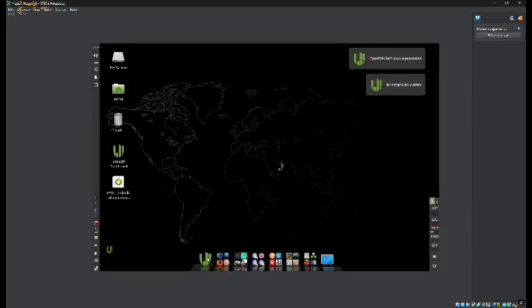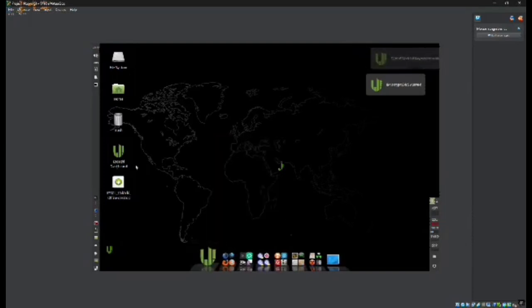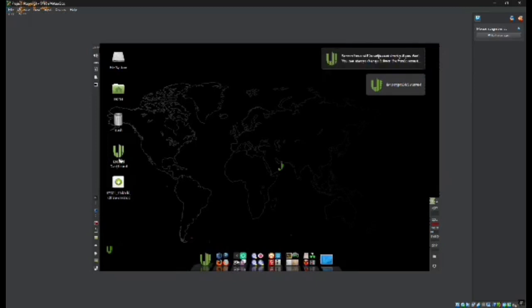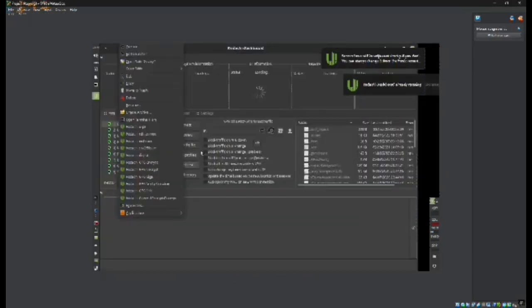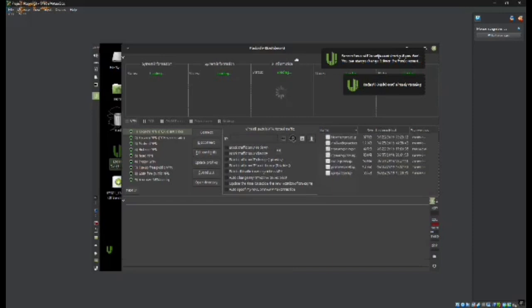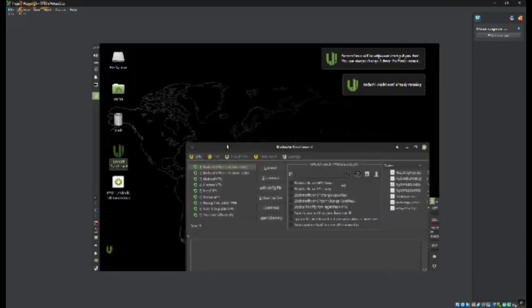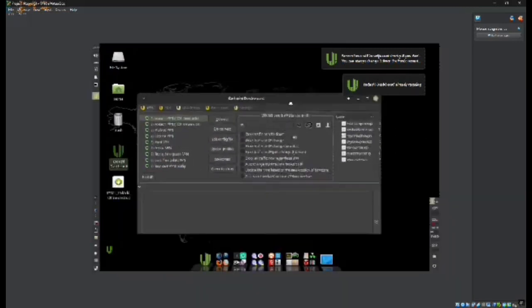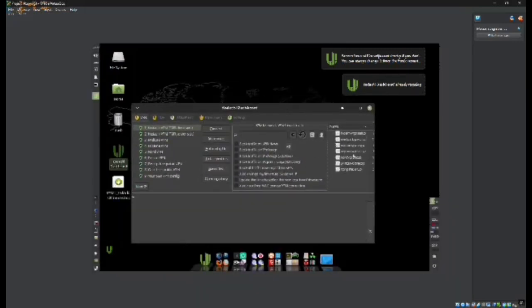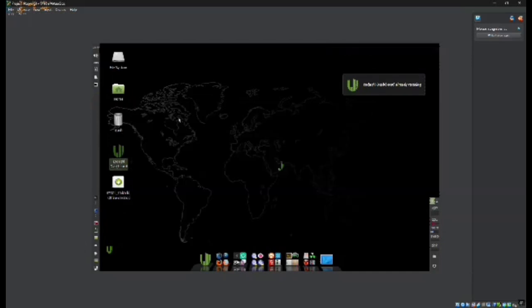So first, this is Kodachi dashboard. Let's open Kodachi dashboard. Alright, as you can see, the VPN is connected, Tor is running, DNS script is active, everything looks good. On the left side, it even shows my public IP location and anonymity level.